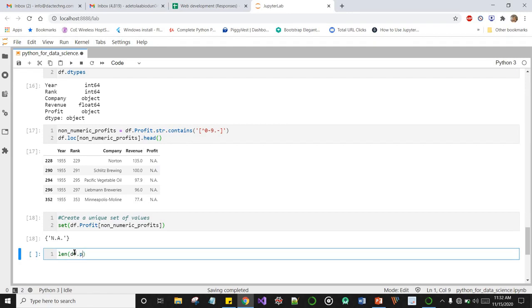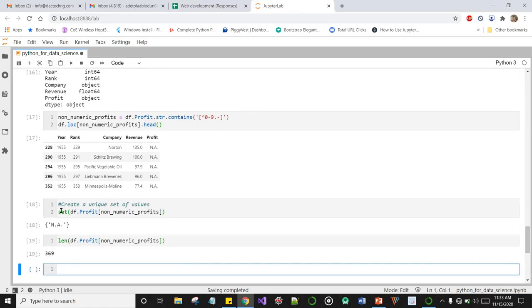And we can say data frame dot profit. We select the profit column and splice into the list of non-numeric profits. Okay, and we do shift enter. Okay, we have 369 NA values in our profit column.